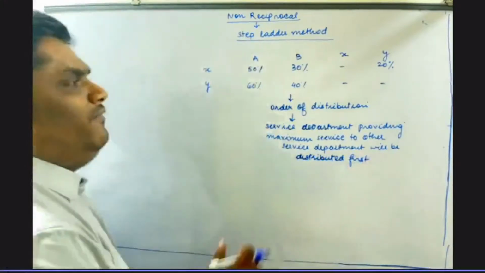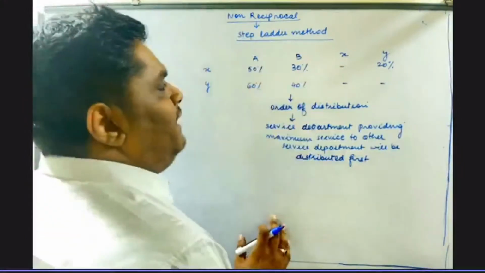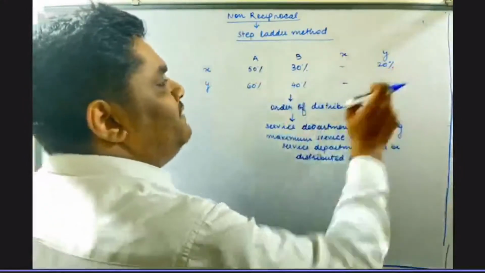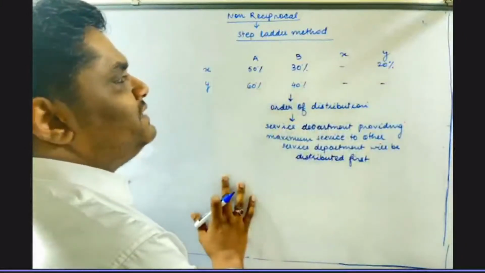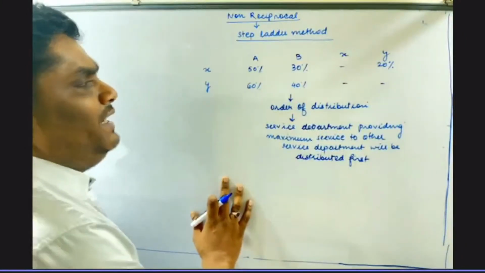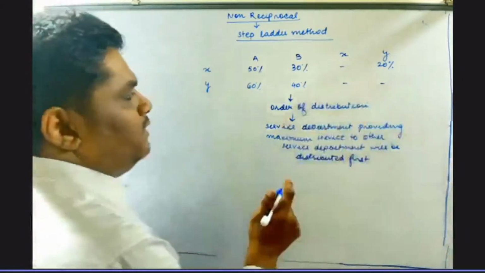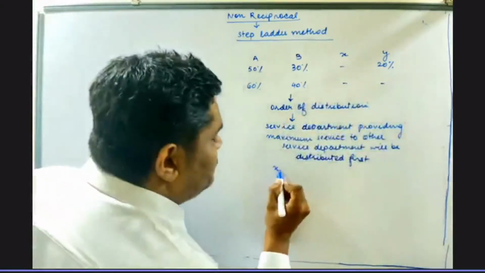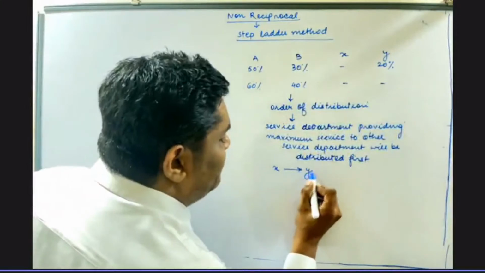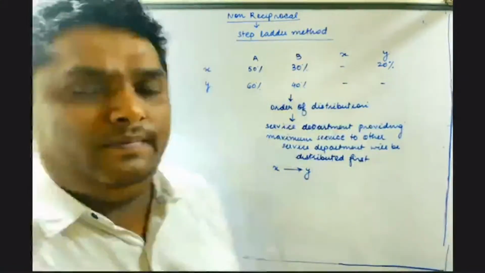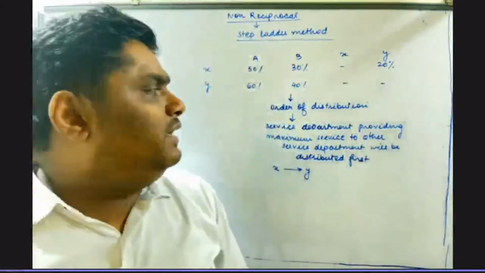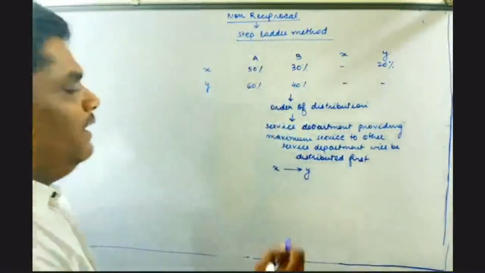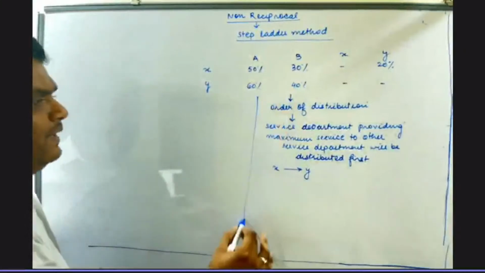So herein, when talking about X and Y, X is providing services to Y, but Y is not providing any services to the X department. So herein we can say X will be distributed first, thereafter Y will be distributed. So I hope this part is clear to all. Let's take one more example,